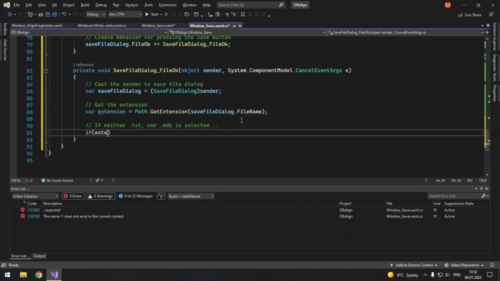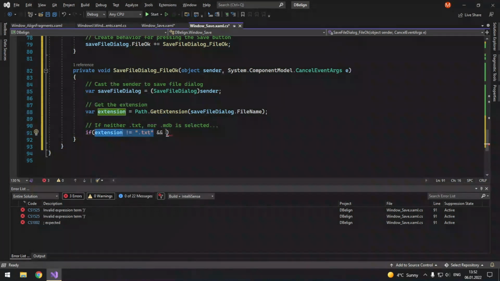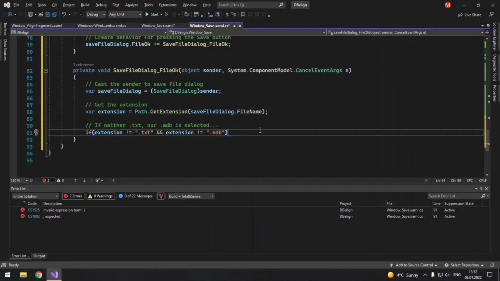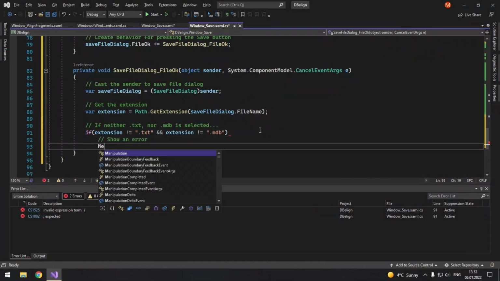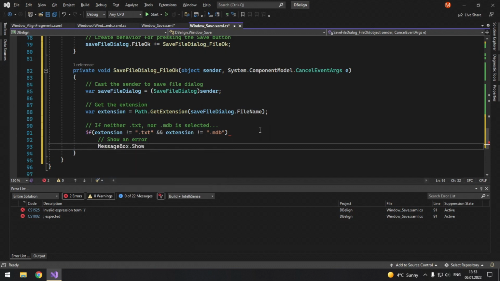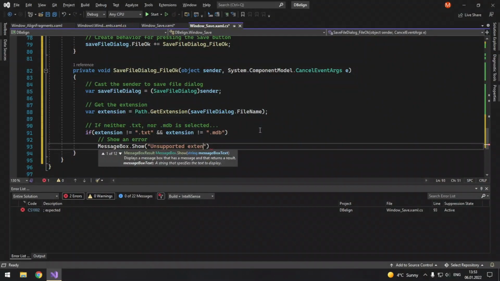So if extension does not equal .txt and extension is not .mdb, then we will just show an error. So MessageBox.Show, unsupported extension.